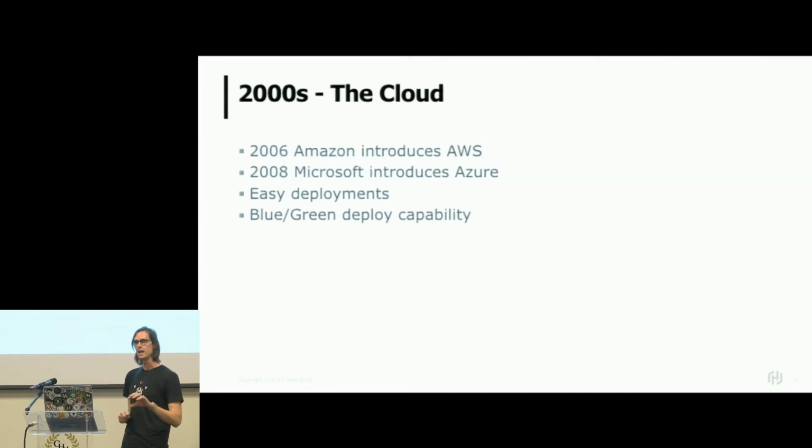So that learning that Amazon had from running its own infrastructure led to AWS. 2006. In 2008, Microsoft followed with Azure. For us, what this meant was we had this capability that we were thinking again about software. We were thinking about features. Infrastructure didn't take a back seat, but it became somewhat easier. We could do things like blue-green deployments, which weren't necessarily capable or affordable previously.